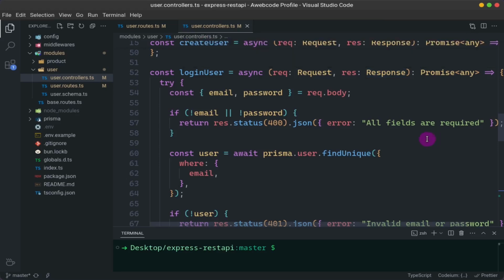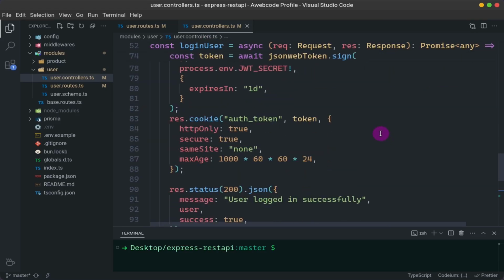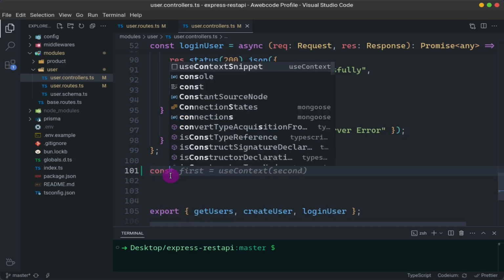I have stored user information in the cookie after successful login. So in this video, we'll see how we can remove cookies and how we can get the user profile and extract this user ID from cookies. Okay, so for now, first I'm going to just create a new post,